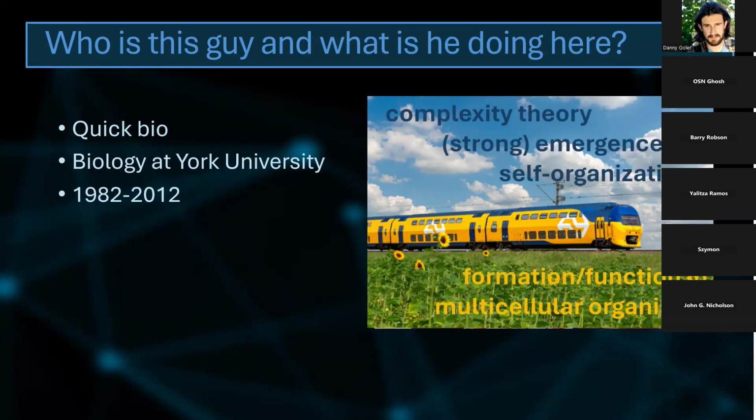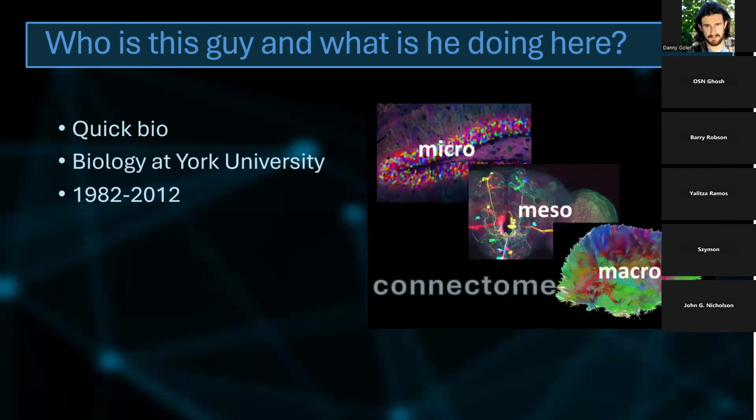developments, because in the years after I left university, there were significant advances made in complexity theory, emergence, self-organization, as explanations for the formation and function of multicellular organisms, which came a lot closer to what I was looking for in understanding that complexity. Where it really came to a head for me was when I started reading about the connectome,